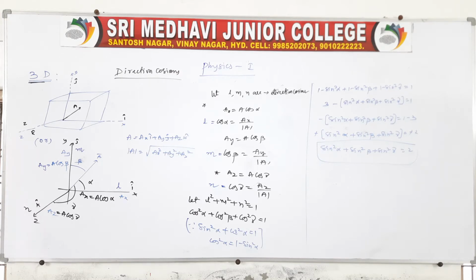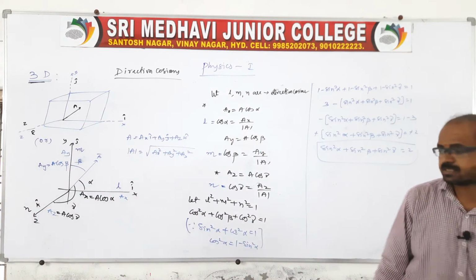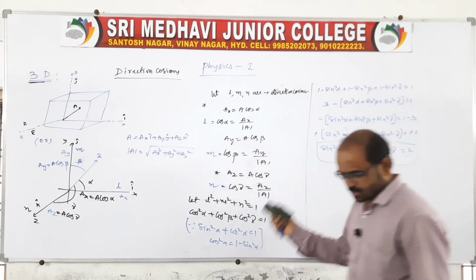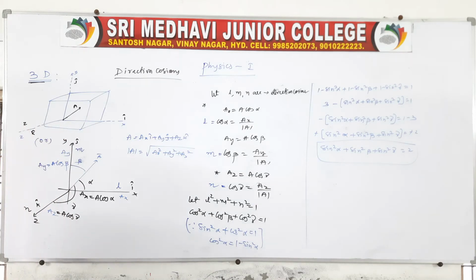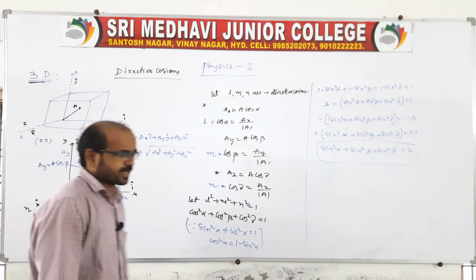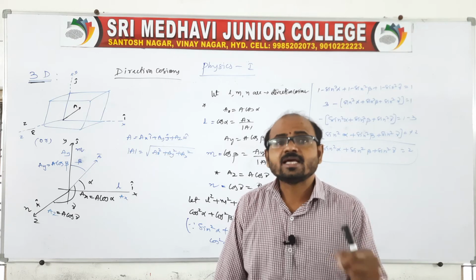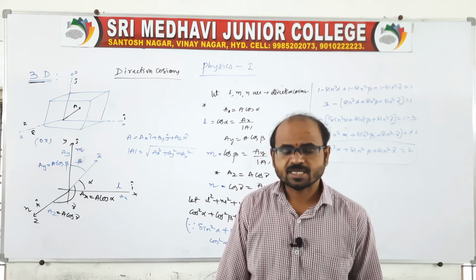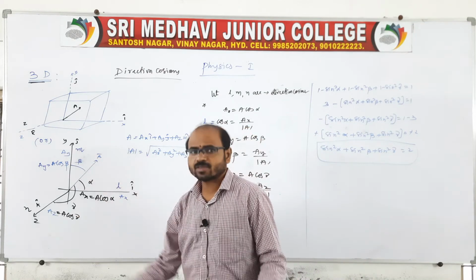Okay, yeah, this is about direction cosines. So here it is represented as sine square alpha plus sine square beta plus sine square gamma is equal to 1. See, based on this, I'll tell you one example problem also. We have to find the direction cosines. Suppose a vector A is given as i cap plus j cap plus k cap. So it is in 3 dimensions. Now it is asking to find the direction cosines. That is, direction cosines are nothing but L, M, N.